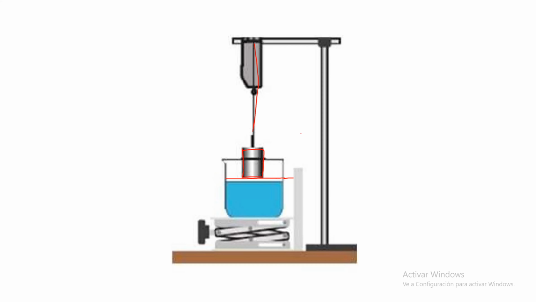So therefore, we will have the formula, which will be in equilibrium, that the buoyant force will be equal to the apparent weight, which will be the weight detected by the sensor right here on the top, minus the real weight. This is the force that will push it upwards. So therefore, we can calculate using all of this the buoyant force, as we already know the weight, and this will tell us the apparent weight. And with the buoyant force, we can make calculations using the previous formulas